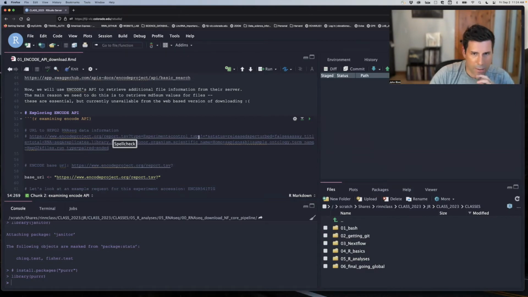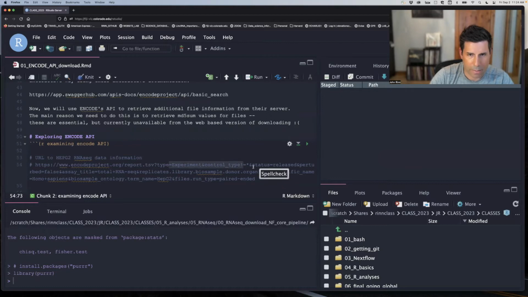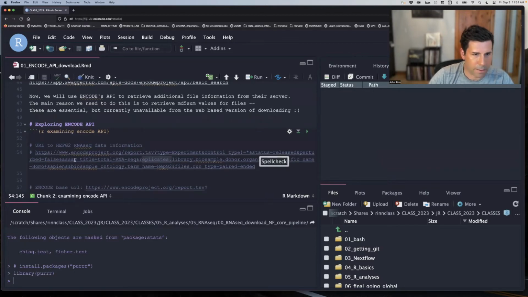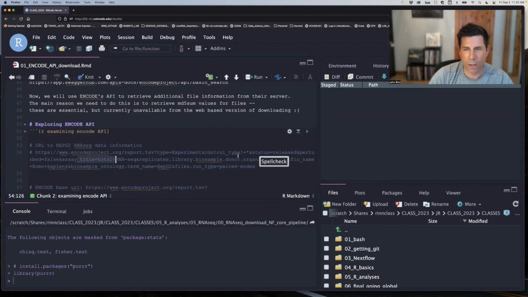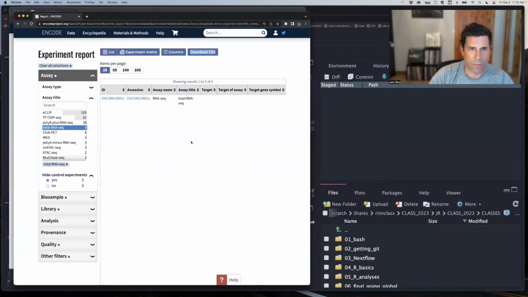And so this is saying, tell me for those 5 experimental accessions, tell me all the ENCODE files associated with them. And things that we can start to see in here are like experimental control type, total RNA-seq replicates, title is equal to that. So we can see that there's actually code inside of that URL. And the reason we're doing this is if we actually look for the MD5 sums,